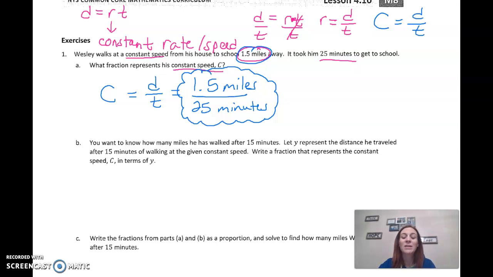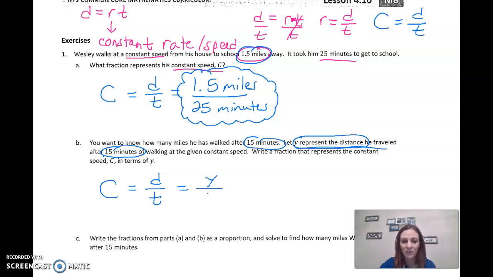So keep that same thought. You want to know how many miles he has walked after 15 minutes. Let Y represent the distance after 15 minutes of walking. Oh, we're still at 15 minutes here. Write a fraction that represents the constant speed C in terms of Y. Same thing. Your constant speed equals your distance divided by time. What is your distance? It's just Y. What is your time? 15 minutes. So Y miles in 15 minutes. Don't overthink it. We're just writing some fractions or actually some ratios to represent